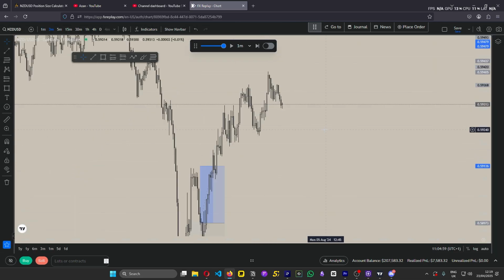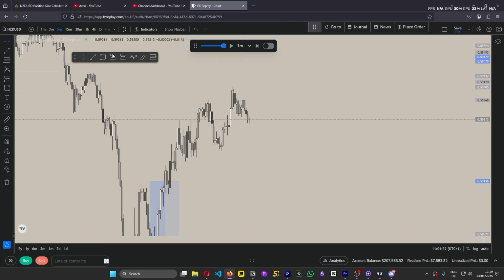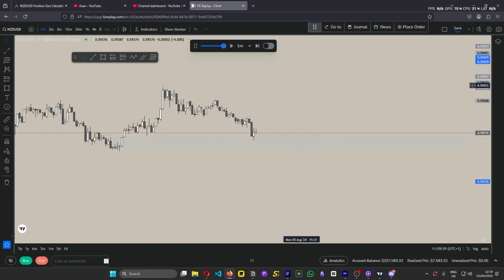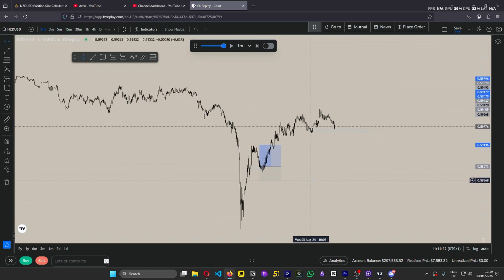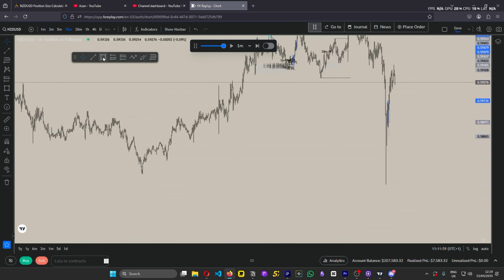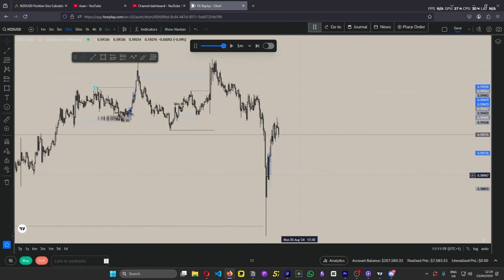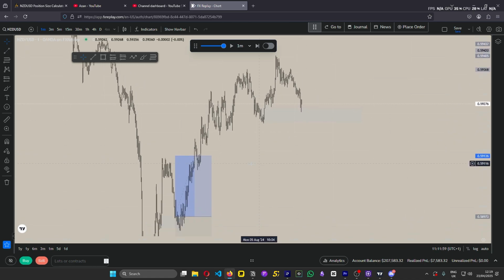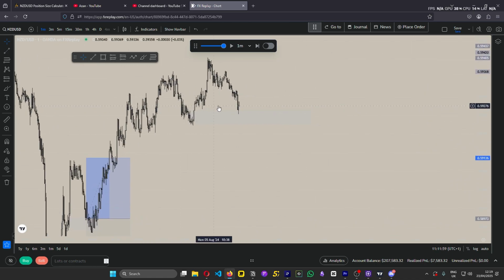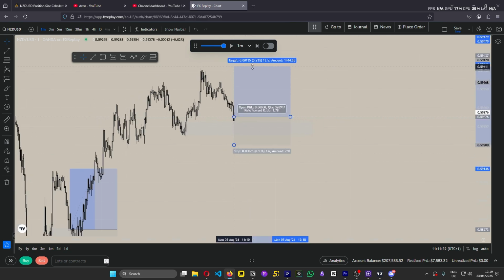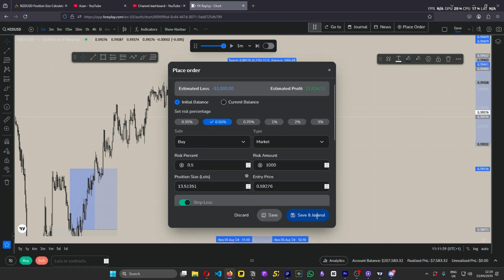I mean, look at these continuations playing out one after the other. This looks pretty nice. What about this one? Oh my god. I've just messed up. I just realized something. We are targeting all the way up here, and I completely missed out on so many continuations back here. Because we just shifted now. We've got our confirmation that we want to go up. So I would definitely be entering into this. 100%. There's literally no reason for me not to enter into this. I should just be taking every continuation I see.